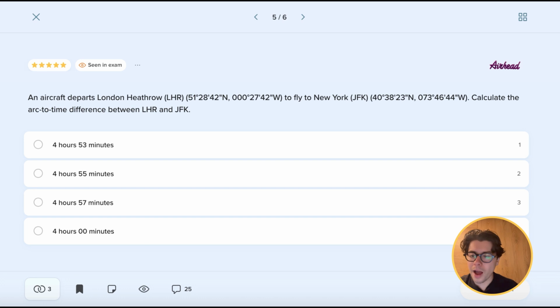Of course, the arc-to-arc time will be simply your time that is referenced to the longitude, east or west, similarly to the local mean times. For the arc-to-arc times, all you need to remember is that 15 degrees are equal to 1 hour, or simply 4 degrees are equal to 1 minute. And also for these questions, remember that Greenwich, the GMT, will pretty much be equal to UTC. The only difference between the two is that UTC is an atomic clock time, and GMT is actually the local mean time at the Greenwich